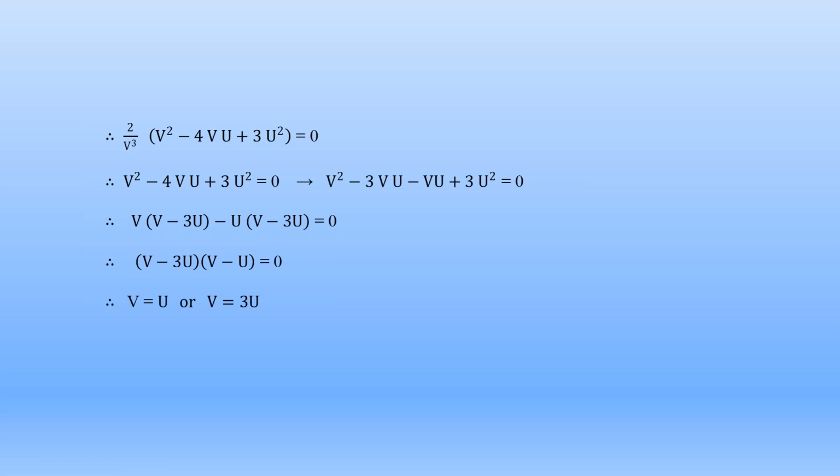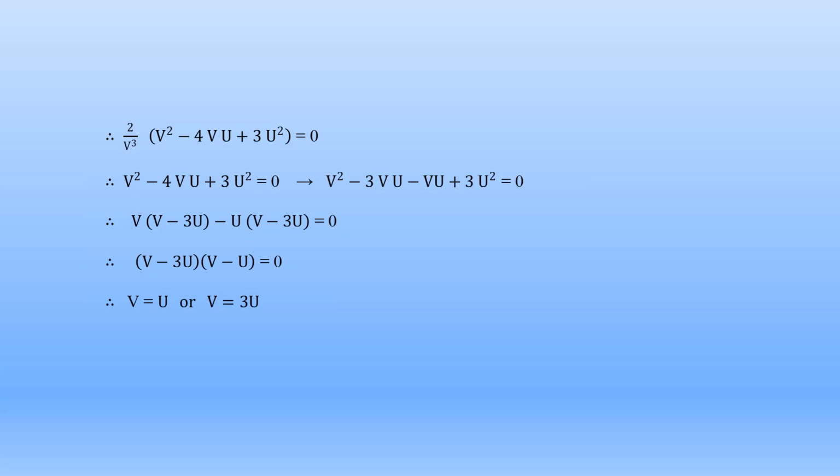The output energy is equal to Fx into velocity U. When the force Fx is 0, the output energy of the water jet is also 0, but that is not a possible condition. Here, the water jet is exerting the force Fx on the moving plate. But if V is equal to U, that force Fx becomes 0 and the output energy of the water jet becomes 0. So this condition V is equal to U is not possible.